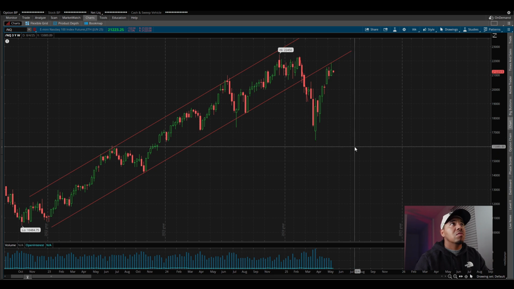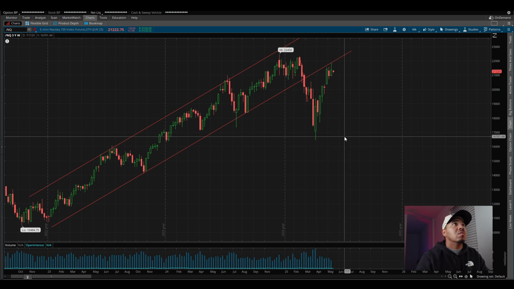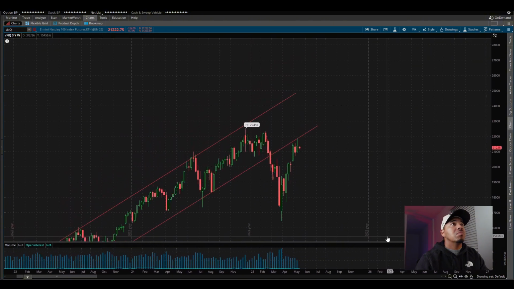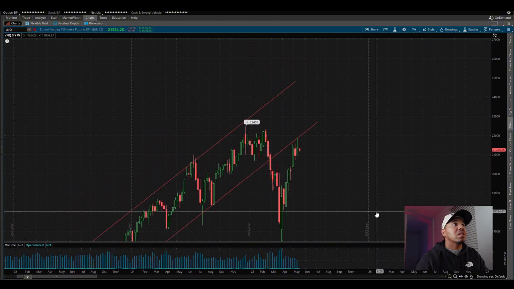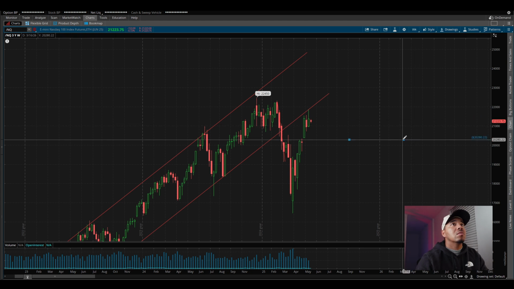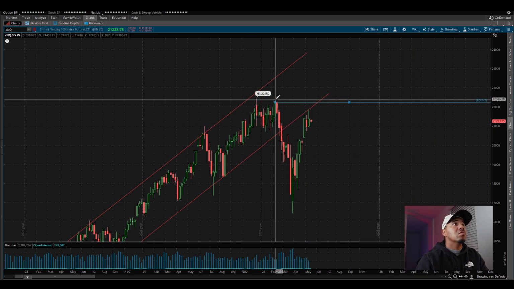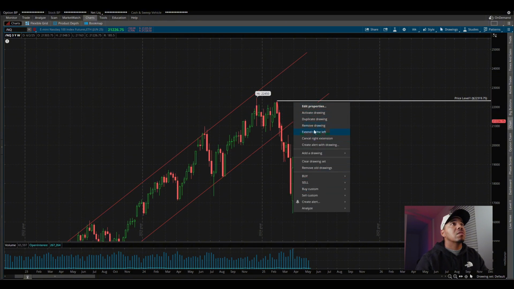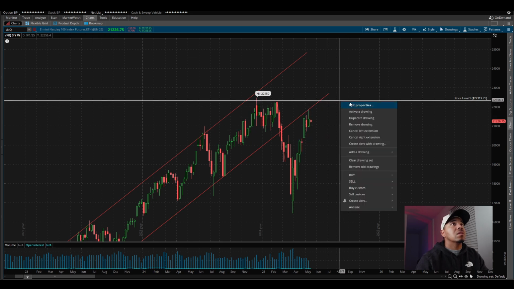So now what we want to do is see if we have any gaps in the NASDAQ. Pull this down. It looks like we have a gap, not so much. So what I want to do here is draw this. That'll be the high of day, but I'll draw that right there. That'll be my support. We could extend this to the left.